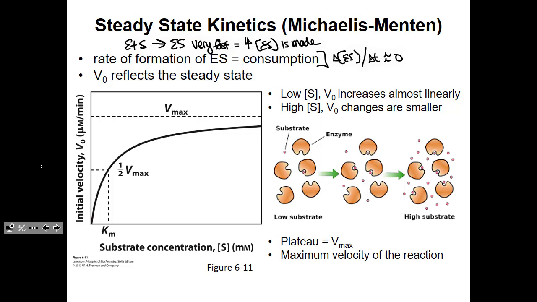Okay, that's a very important assumption. The other important assumption is that we're measuring the initial velocity, that linear rate before saturation occurs. That's the other important assumption that we make. So anytime you are plotting Michaelis-Menten kinetics data, you have to plot, again, our substrate